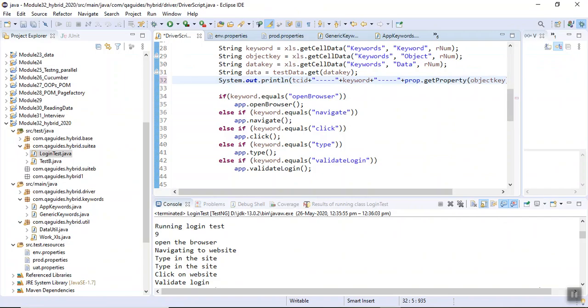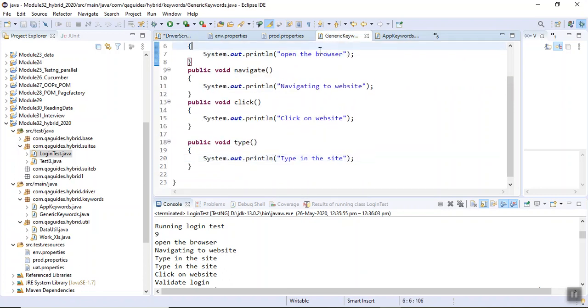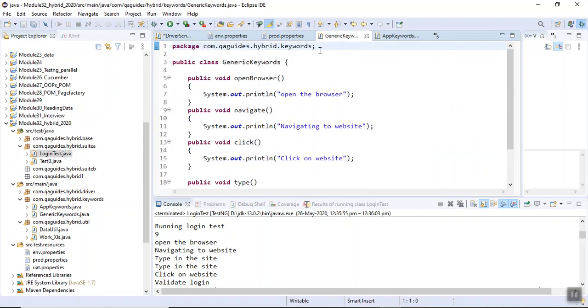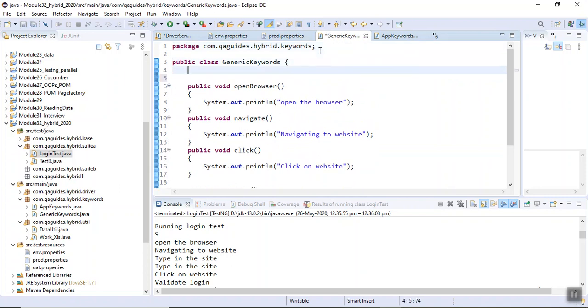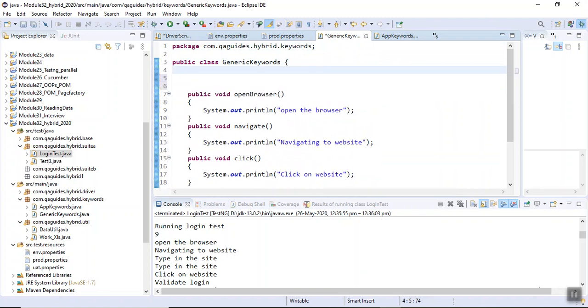So now what I will do in my generic keyword class, at the top let me declare few variables. So I am declaring the variable for property objects.